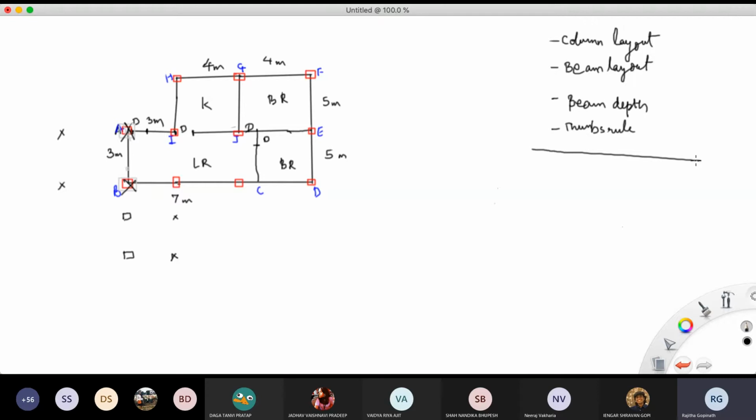Now let me give you very simple basic thumb rules. These thumb rules are not mathematically derived calculative things. Okay, these are certain thumb rules we are using because we don't want to take so much strain doing each and every calculation and then arrive at the column layout. So we are going to use some kind of thumb rules here.